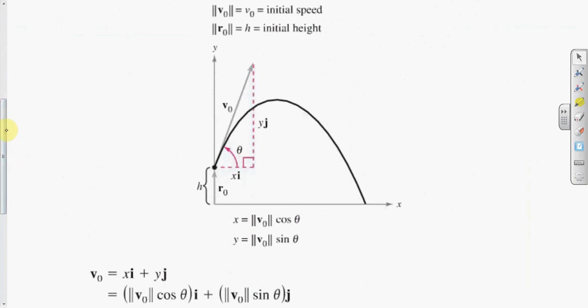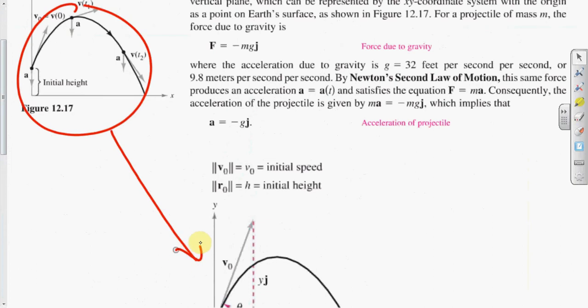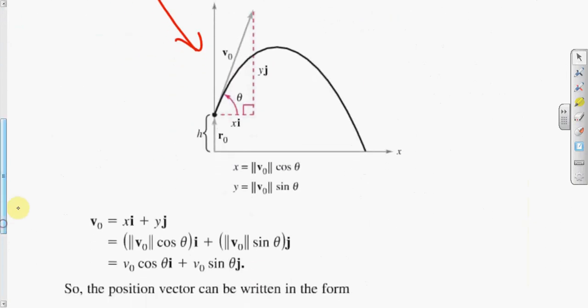So let's take the same diagram here. Let's see if we can relate it with the angle theta, and then the distance along the x-axis for x, and the height y, and the initial velocity. So now what we do is when we look at that,